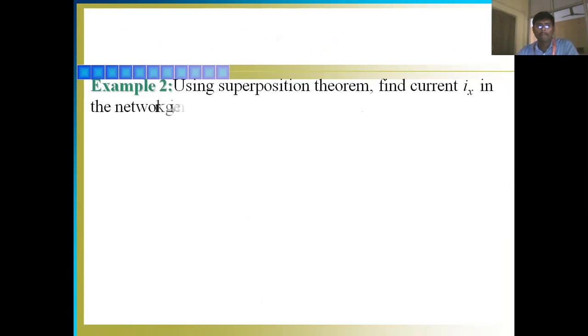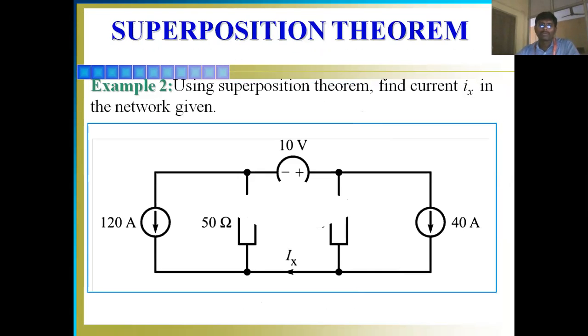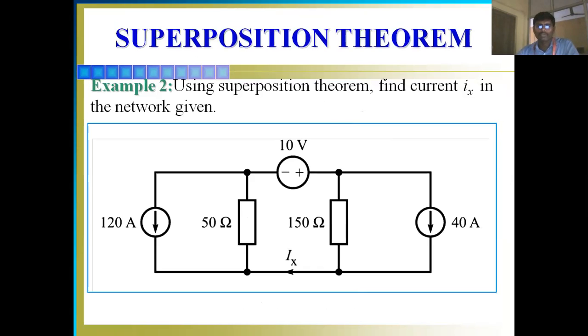So now let us see another example to implement the superposition theorem. Using the superposition theorem, find the current Ix in the network given below. So here there are three sources, a 120 amp source, a 10 volt source and a 40 amp source. And there are two resistances, 50 ohm and 150 ohm. So here we need to find the current flowing through